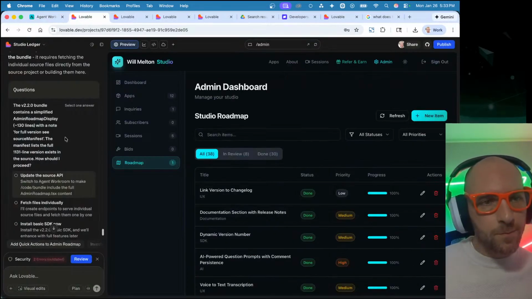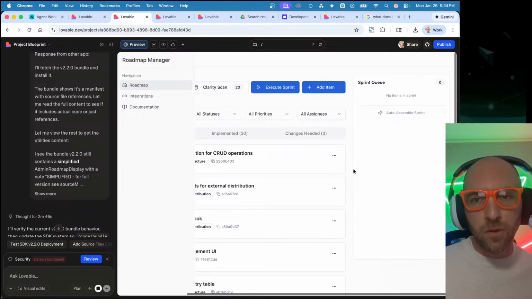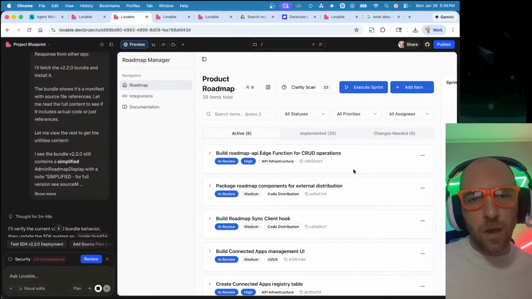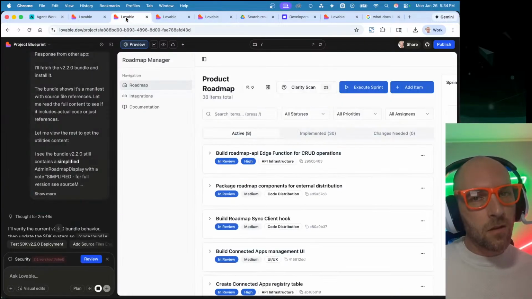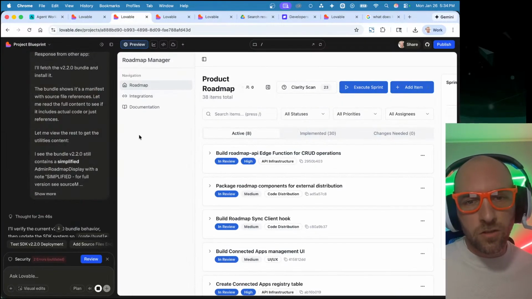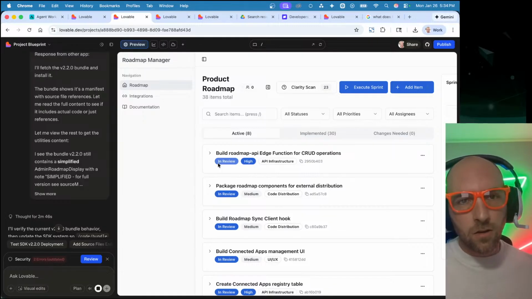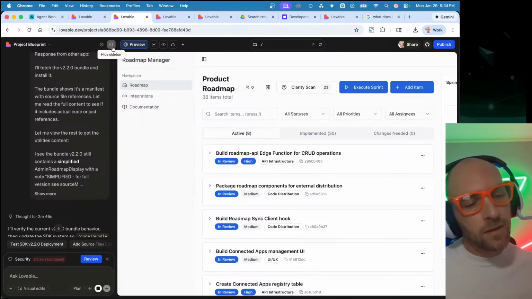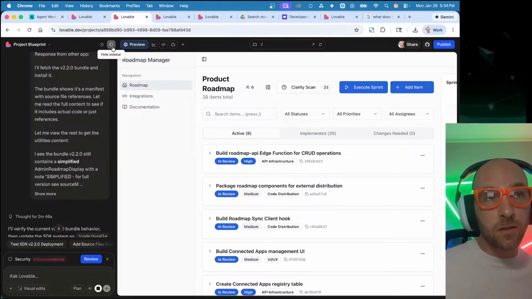Stick around with me. But what I really want to do is take this really awesome roadmap that I've been building that is automating my development pipeline and make it so that I can use this in all of these other applications that I'm also building. And I've got a few different apps pulled up here today that I'll show you some of the behind the scenes on, but I'm kind of excited about this because I've been nerding out for a couple of days now on the roadmap manager. But the idea here is that I keep copying and pasting all these files from one project to the other, and inevitably they're missing different features from one to the other, and it's kind of been a time suck to be able to replicate that.